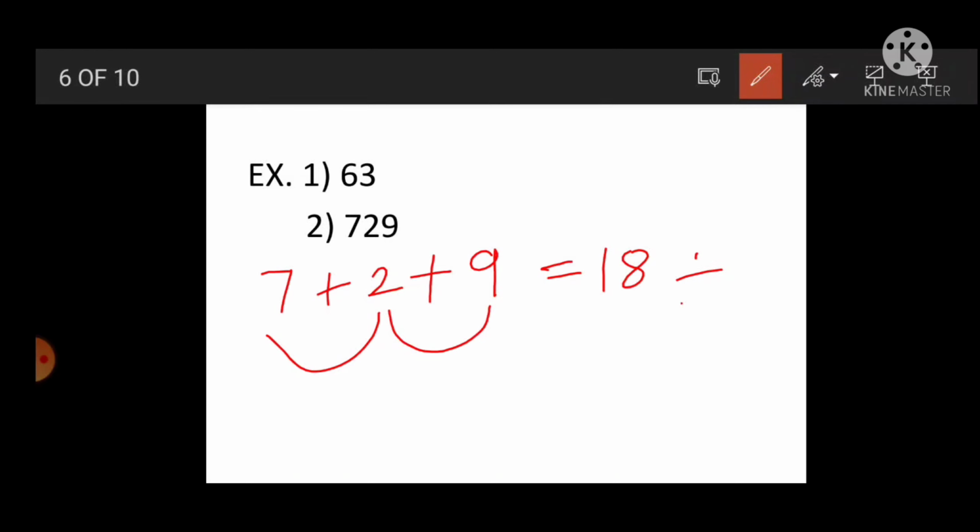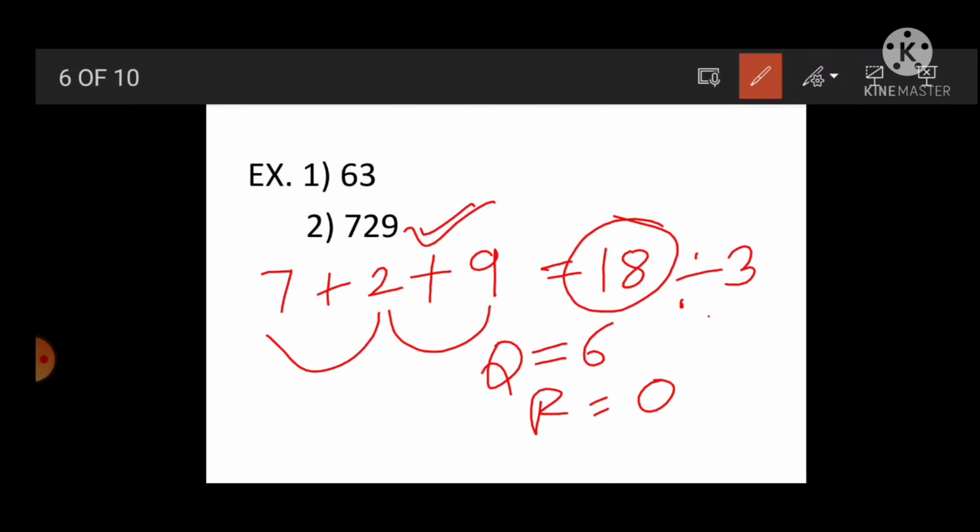729. Then same again, add the digits in the given number, that is 7 plus 2 plus 9. 7 plus 2 is 9, 9 plus 9 is 18. 18 divided by 3, what will be the quotient? 6 3s are 18, the quotient will be 6 and the remainder will be 0, means 729 is also divisible by 3. Why? Because the sum of its digits, 18, is divisible by 3, means the remainder comes 0, means completely divisible, and 18 is divisible by 3, so 729 is also divisible by 3. Okay,